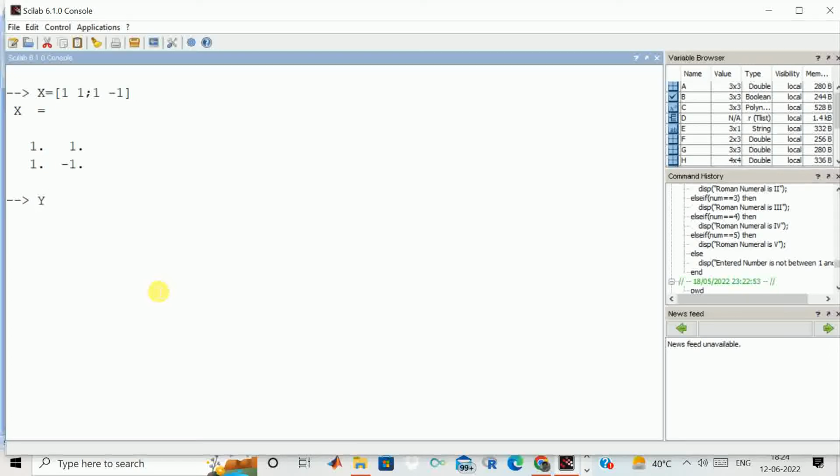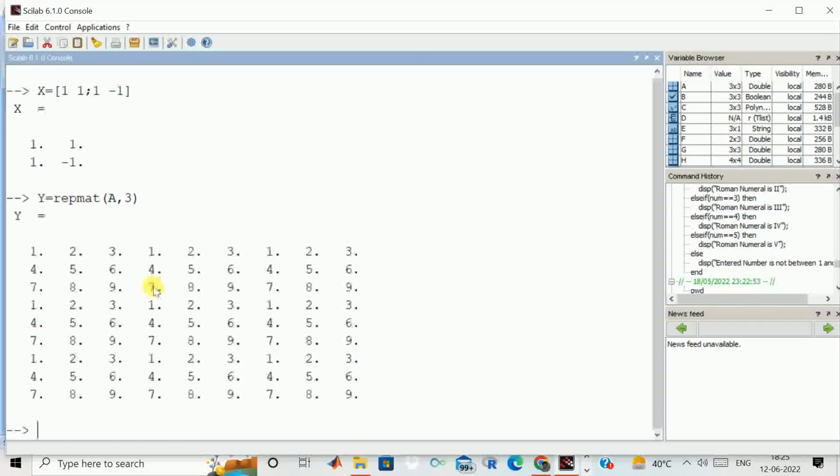So I write y is equal to repmat, and you write the matrix which you have already generated and how many times you want to repeat. So suppose I want to write 3. So if you give an enter, so you see,